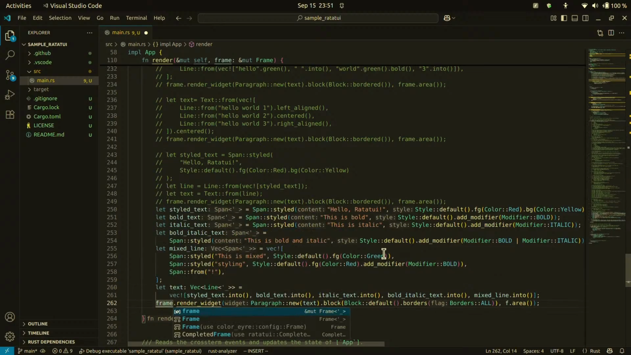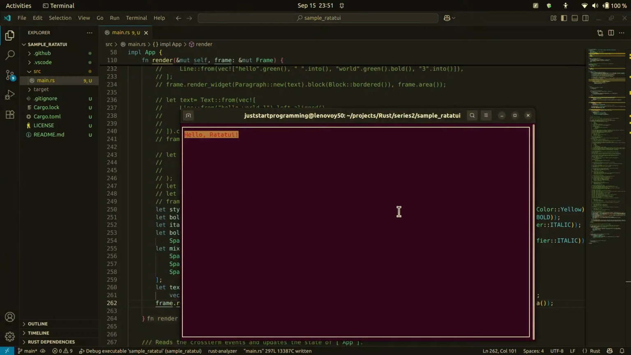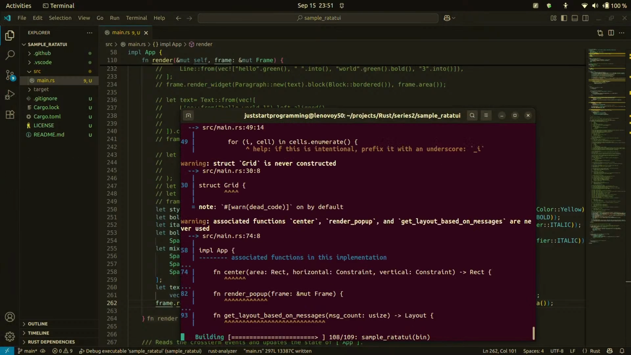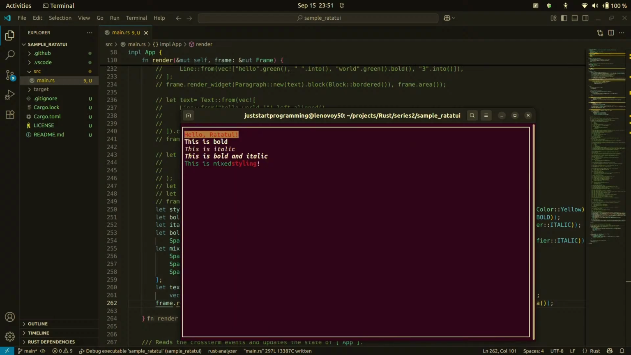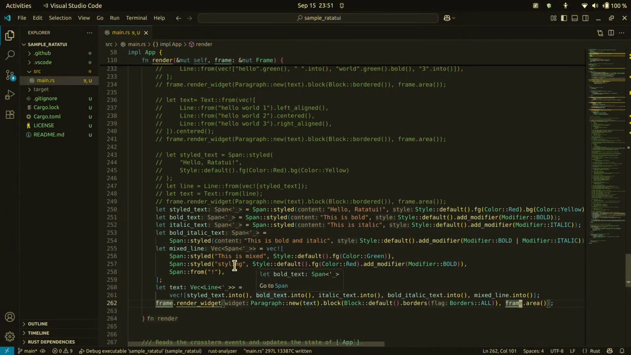Frame. Okay, so let's see. There. Bold, and italic, mixed styling. Okay, so what I'm curious about now is